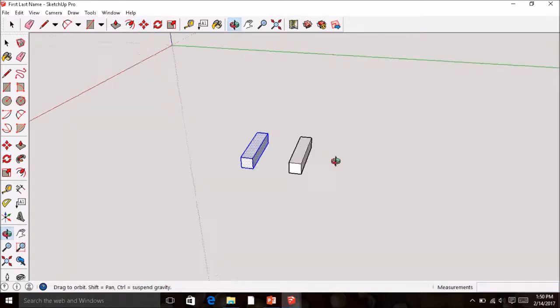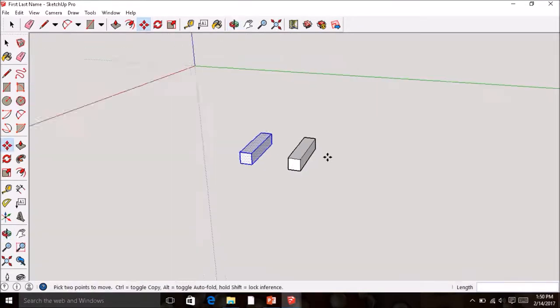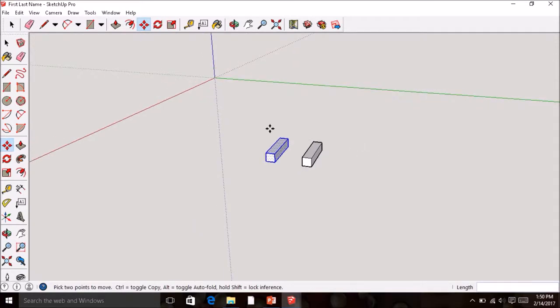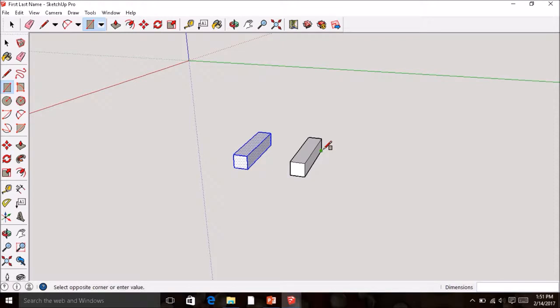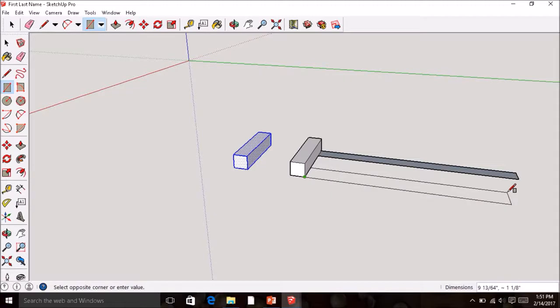So I'm going to spin to the side so I can see it a little bit better and move out so that I make sure it lets me draw it. I'm then going to go ahead and grab the rectangle command. I'm going to come to this far corner and click on it once, and I'm going to move my mouse back and down, and I'm going to type in 10, 0.75 and hit enter. I'm then going to do the same thing from this front corner,